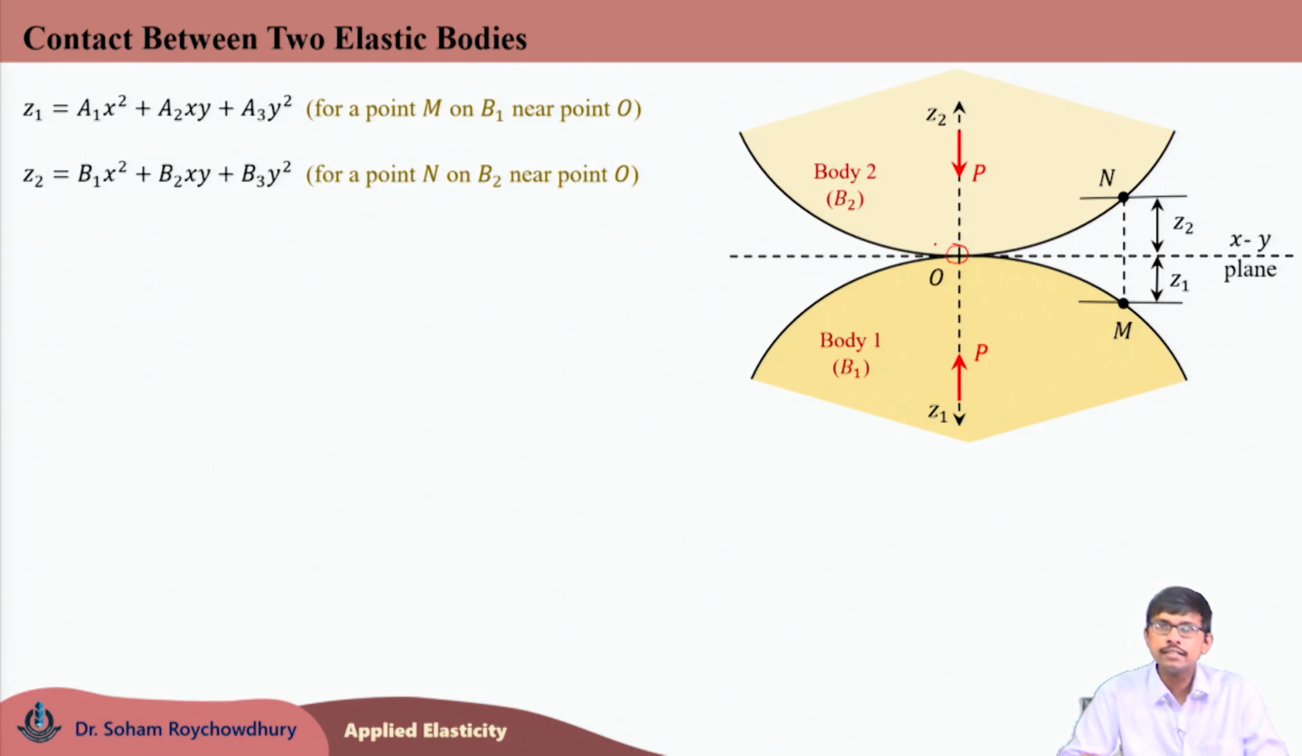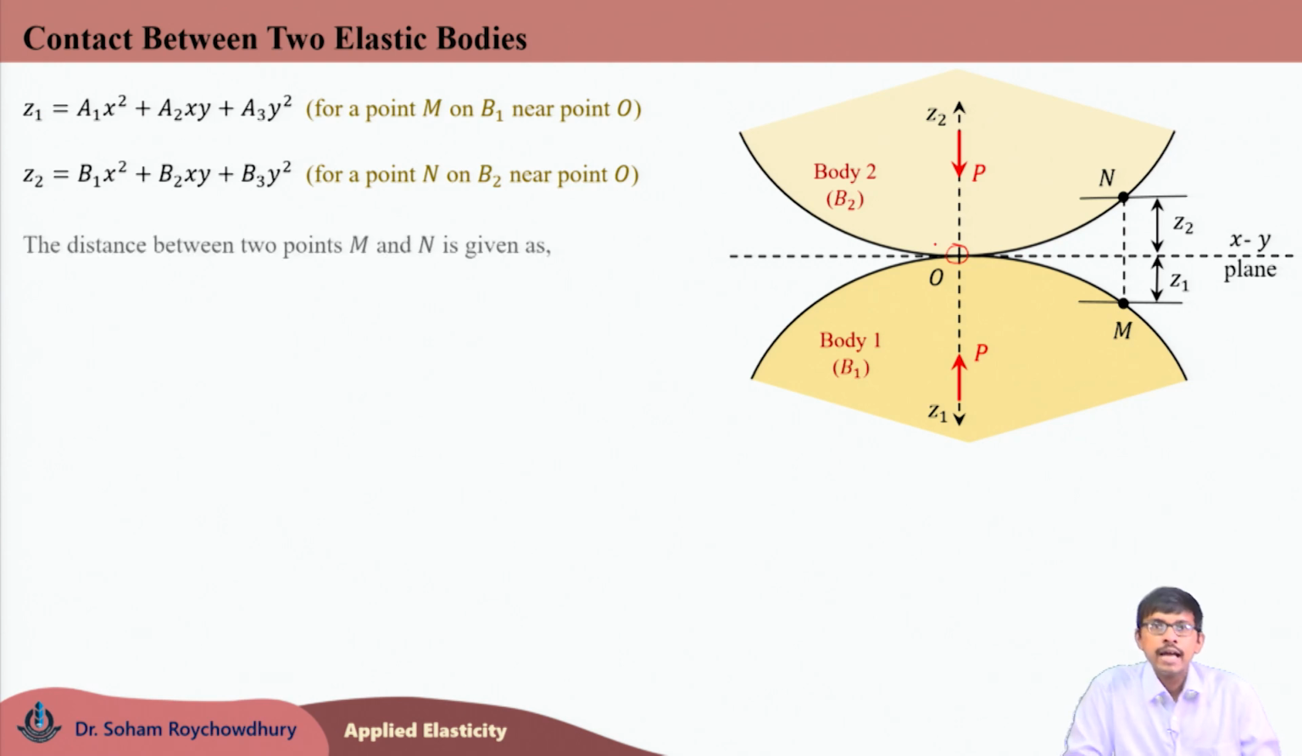Similarly, we can choose another point N, which is on the same normal line. The line joining M and N must be orthogonal or perpendicular to the tangent plane xy. So, the normal coordinate of point N on the surface of body 2 is Z2, which is written as B1 x square plus B2 x y plus B3 y square, where both these Z1 Z2 are small. Those two are the 2 points on body 1 and 2 which are much closer to the point of contact